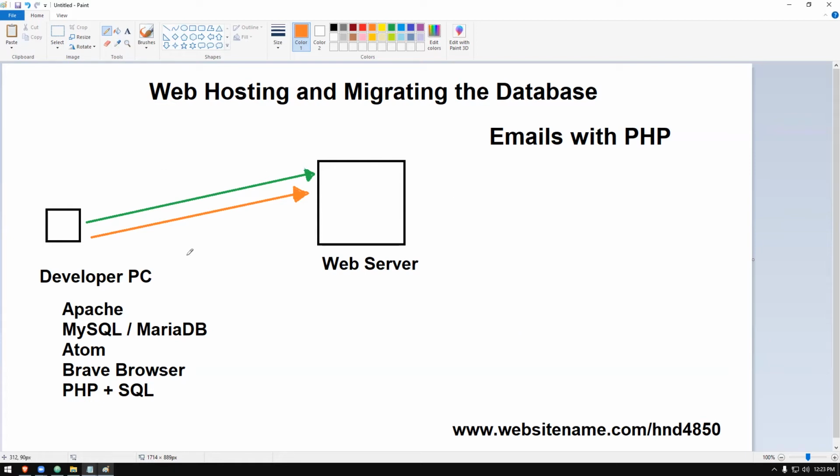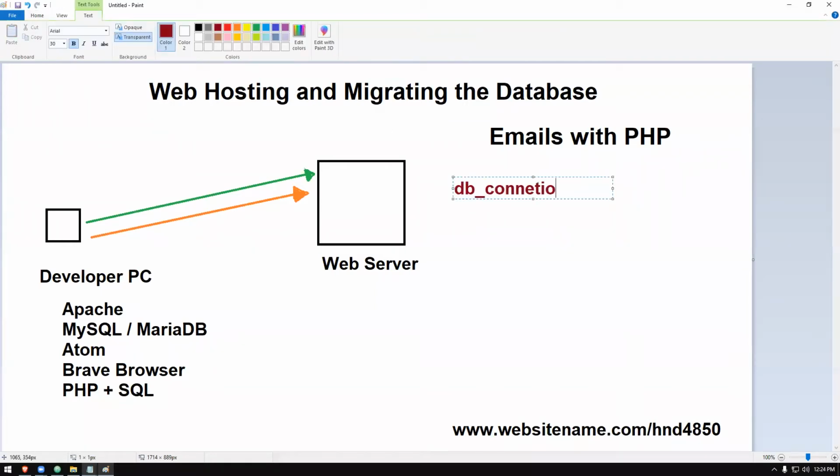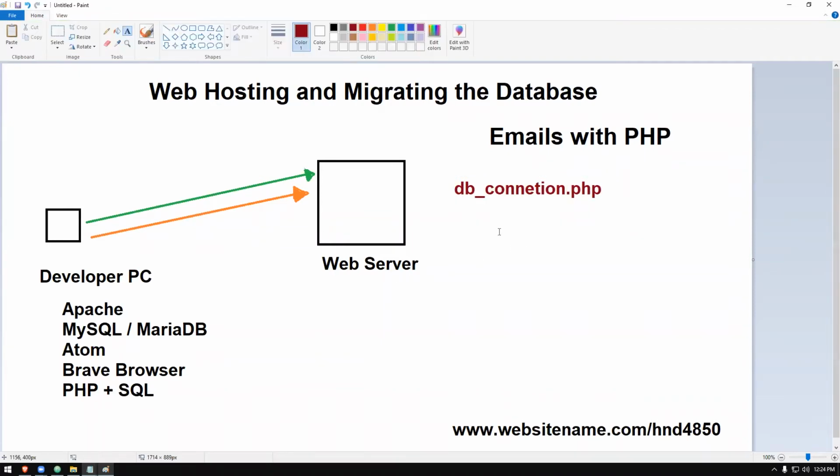After we create a database there, I'm going to send all my tables, which I have created here, along with the data, to my database as well. Once that database is created and properly configured, there will be small alterations that we have to do to the DB connection .php file. Once we upload it to the server, we will have to make a small change in this particular file. Then it will work with the newly uploaded, migrated database. Our server will properly communicate, sending and receiving information from there.